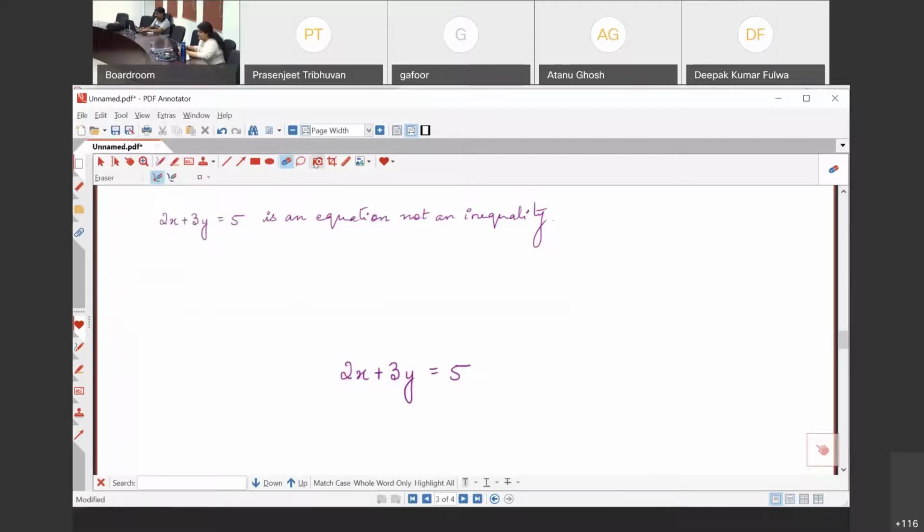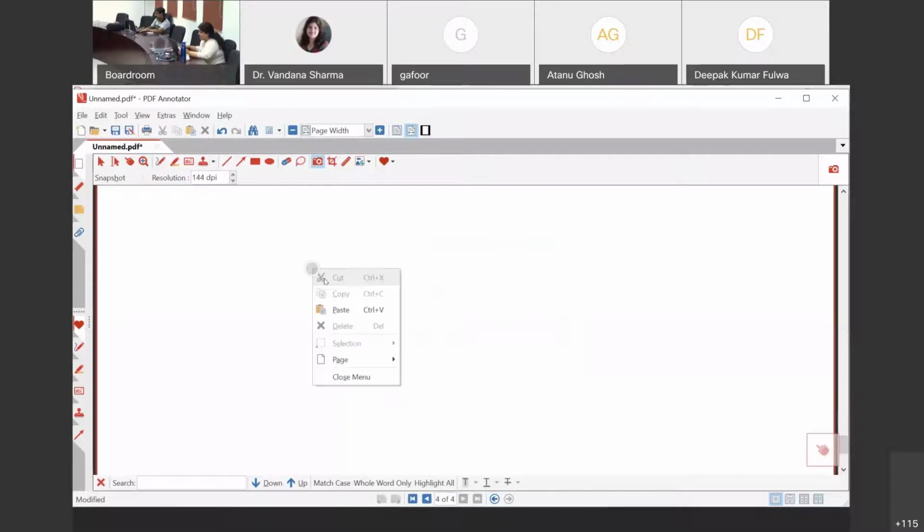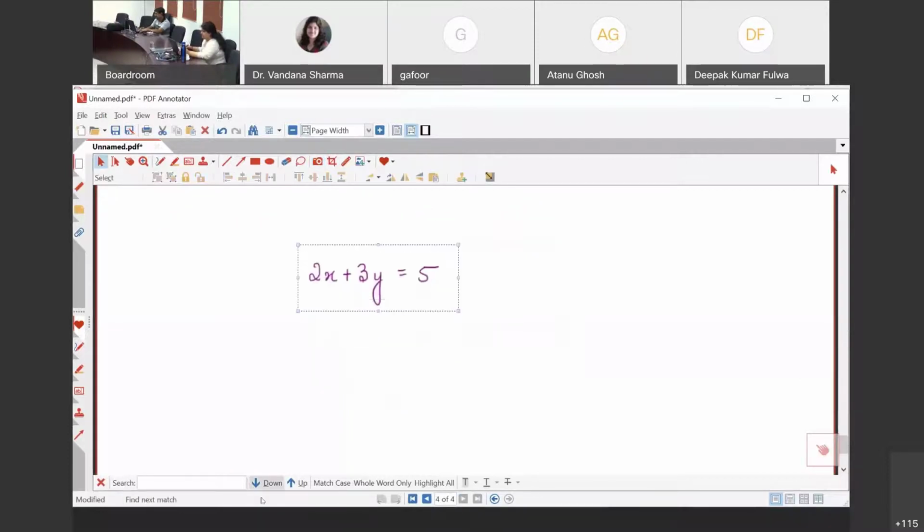Another thing is, suppose there is a formula which is occurring every time when you are explaining a concept. So what you can do is, you can go to this camera type snapshot, and you can capture that formula, copy to the clipboard, go to the next page when you are explaining it, and you paste it again, and it will be pasted. So you don't have to keep writing the formulas or the expressions or the diagrams again and again. You can copy those diagrams and you can paste them on the next page using the snapshot here in the PDF Annotator.